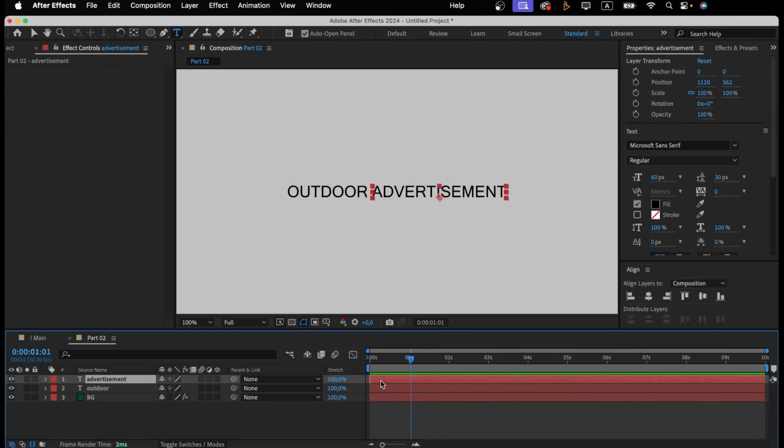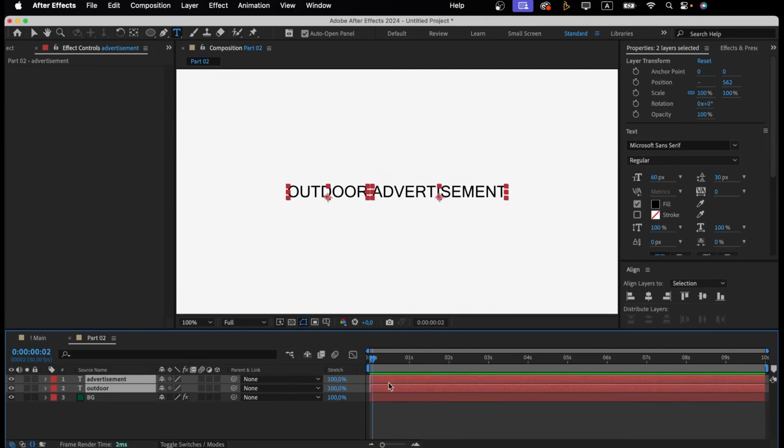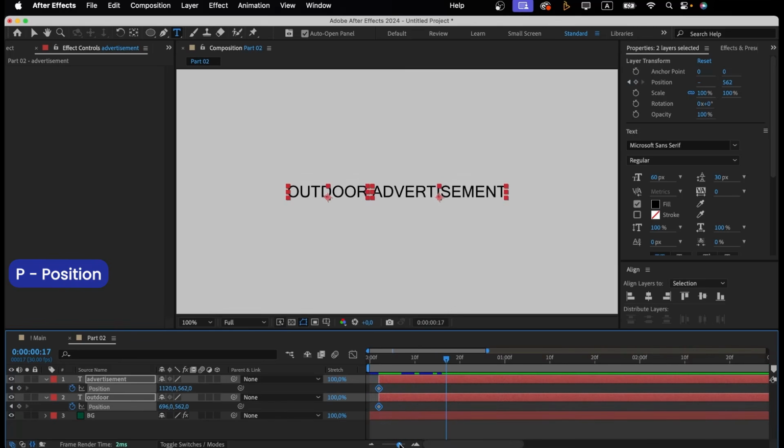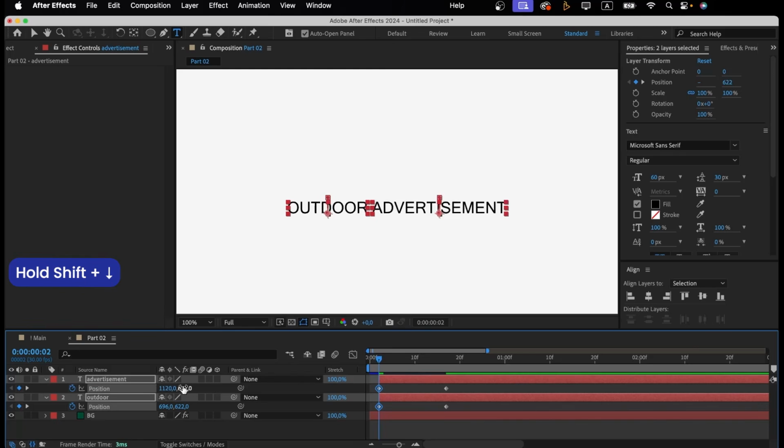Select the 2 remaining text layers and move them 2 frames forward on the timeline. With both layers still selected, press P to open the position property and set a keyframe at the start of the layer, which is now at frame 2. Then, at frame 17, duplicate those keyframes to hold the position. Go back to the first keyframes, hold Shift, and press the down arrow key 3 times to move the text